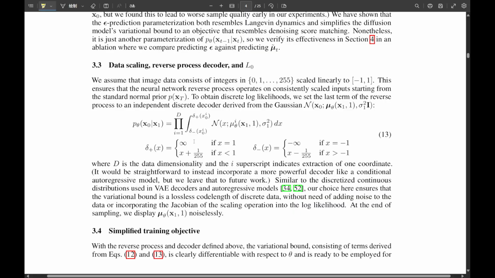Denoising score matching sounds like matching scores to remove noise? Kind of. Score matching is about learning the gradient of the data distribution. Basically, teaching the model which way to push a noisy point to make it slightly less noisy, slightly more like the real data. Denoising score matching does this specifically for noise removal.